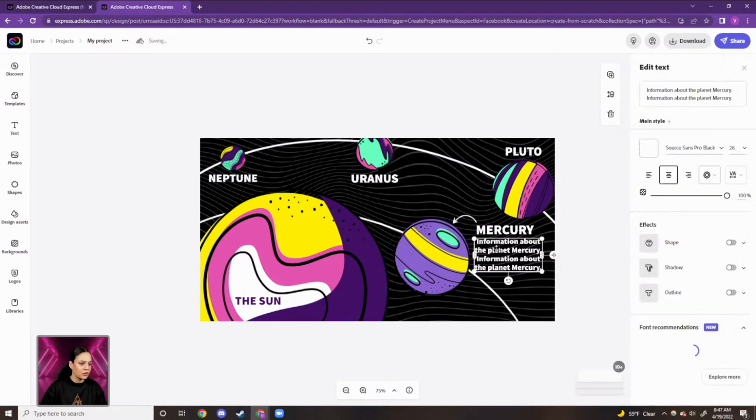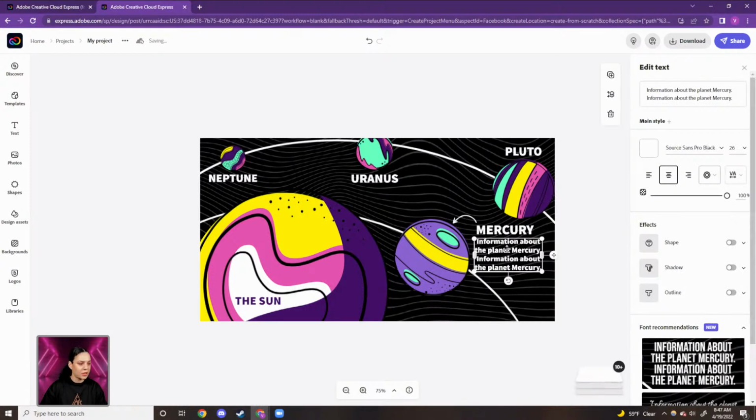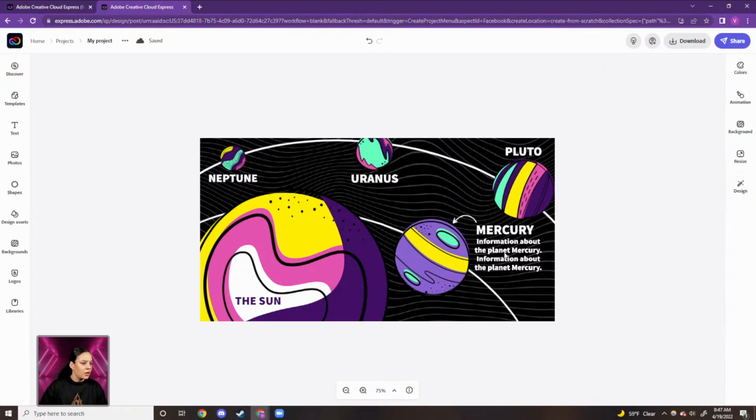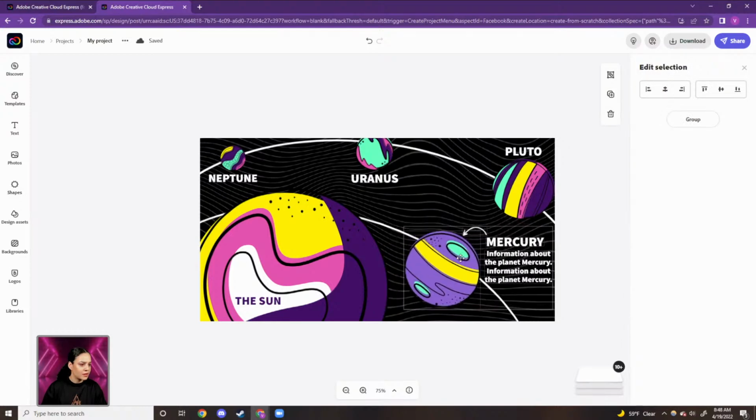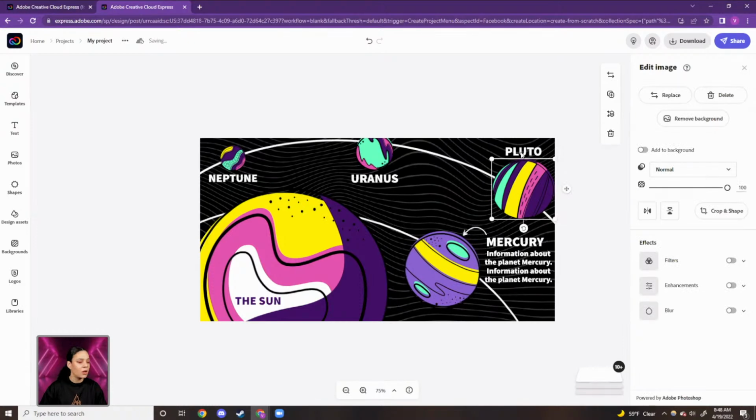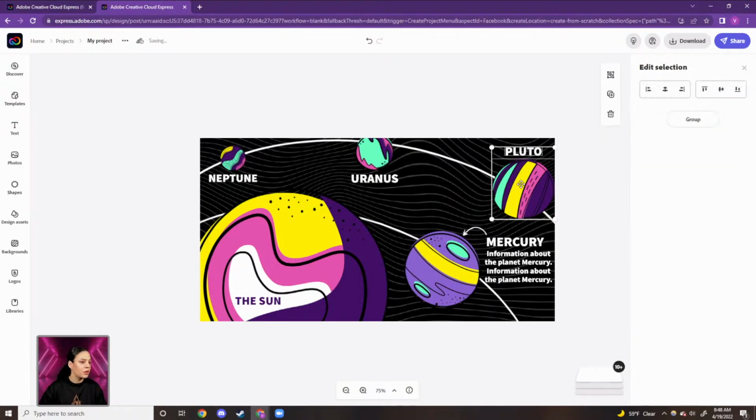What I might actually do is select our text box. I'm going to hold Shift and start selecting all of these elements. And I might move this down just a little bit. And I might move Pluto over just a little bit. I think that'll do. Okay, so now we have all of our planets in. We have our sun, we have our info for Mercury, and the next thing I'd like to do is spice it up a little bit with some details just surrounding,